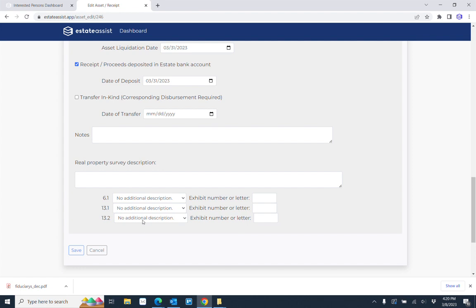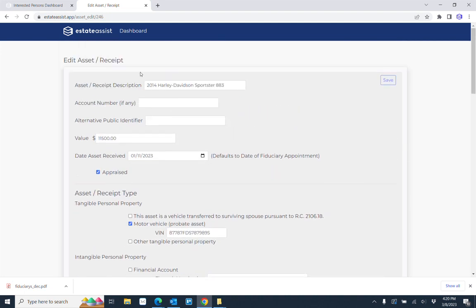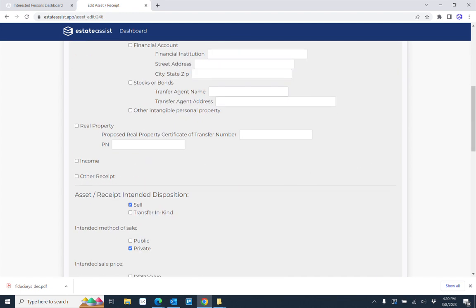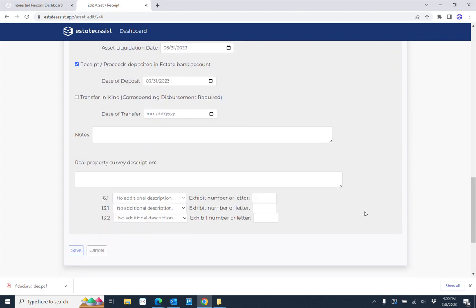If you leave it on the default of no additional description, then what you'll end up with is going to be the original description. And, you know, up here it might say real property located at XYZ address. And then it will also show your parcel number in parentheses. And that'll be listed wherever your assets need to be listed. So on a 6.1, a 13.1, any of the documents in the 5s, if you have an asset listed and it's real estate, it'll just pull that normal description and parcel number. However,